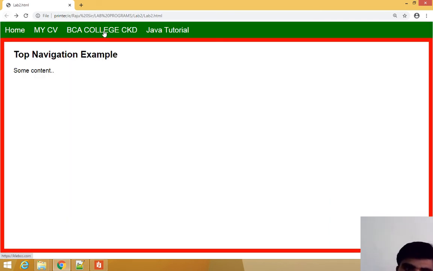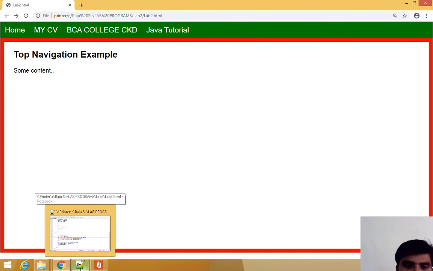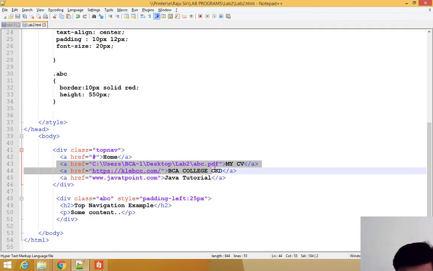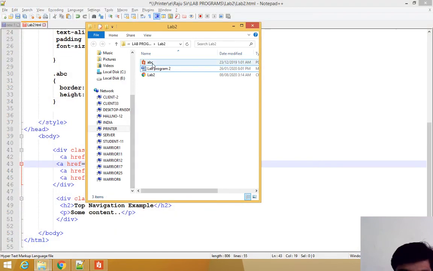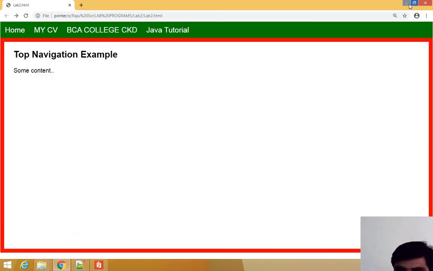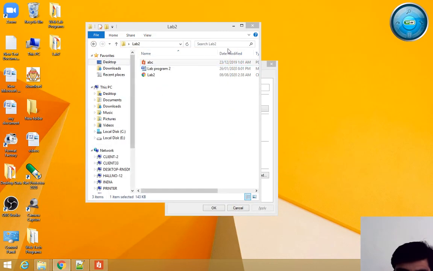See here, the second link is, so I am telling one more time how to add the links. First what we have to do is just write the anchor tag. That creates a link. If you want to add the link source, how do you add it? href, that is hyperreference, equal to double quote. Within that double quote you have to paste your file name with location, the path, we can say path.